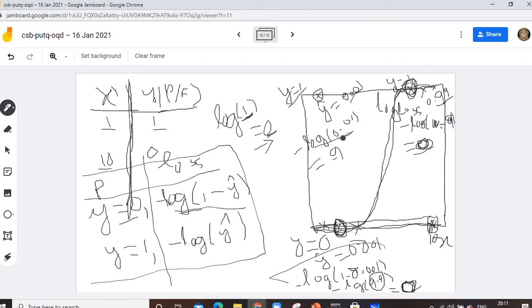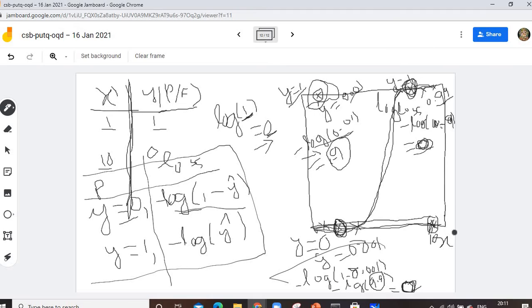Approximately 1, so it gives a larger number. See here, the loss gives a larger number. Here the loss tends to 0, but here the loss tends to 0.9, meaning it tends to 1. That's why it is misclassified, it is not predicted correctly. Here the loss gets a higher value, and here is also not predicted correctly. Here you will also calculate, and you get 0.9, a higher loss value. That's why this is misclassified.